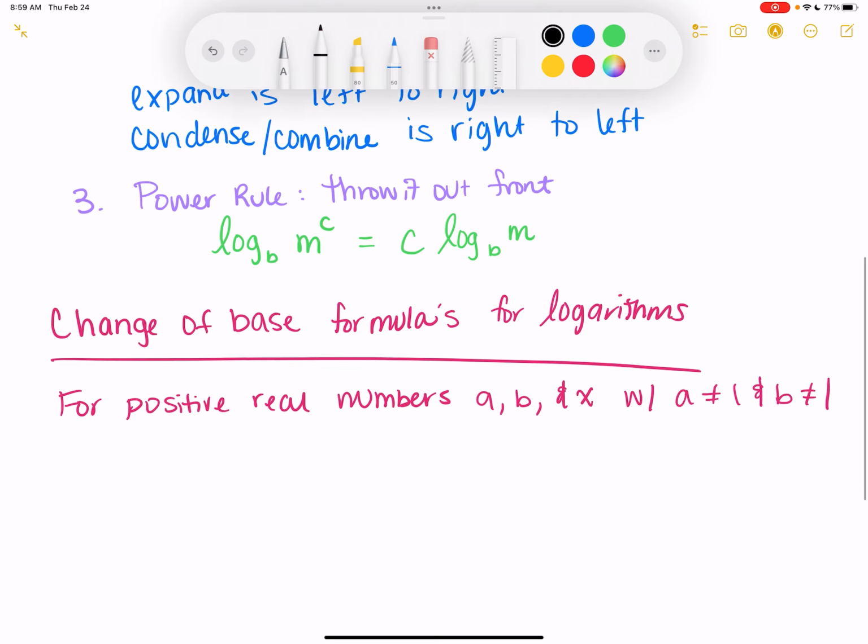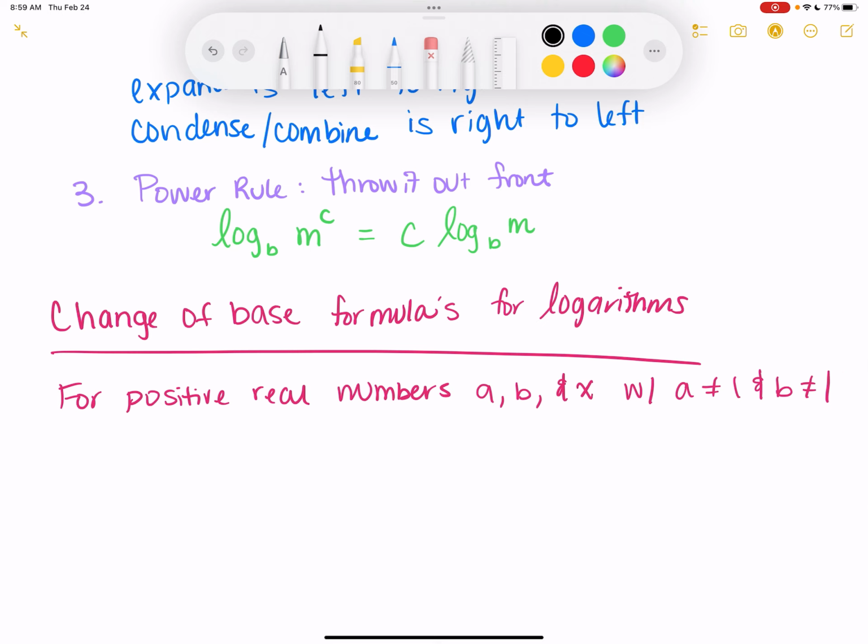I'm going to try to color code this, so I'm going to use red and blue. So you have the log base b of x. The base is what b is, so we're trying to get a new base that we can work with. A lot of times if we're changing the base, we're trying to get it to a common log or a natural log. But what this would actually end up looking like is